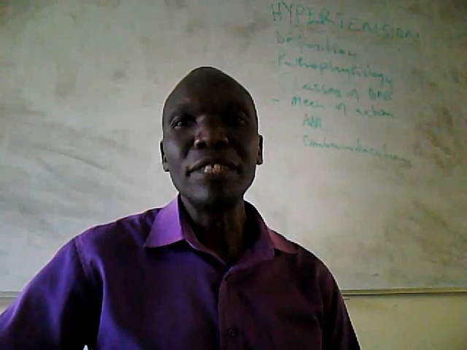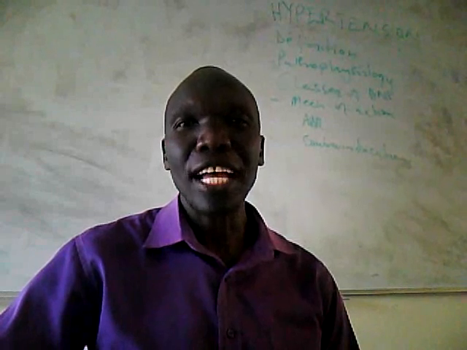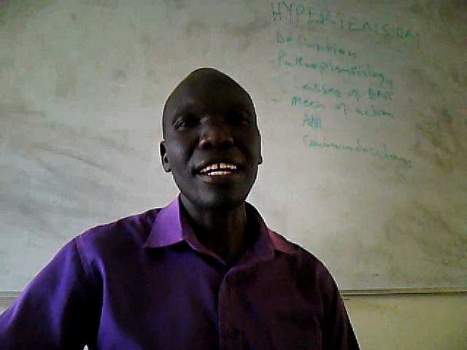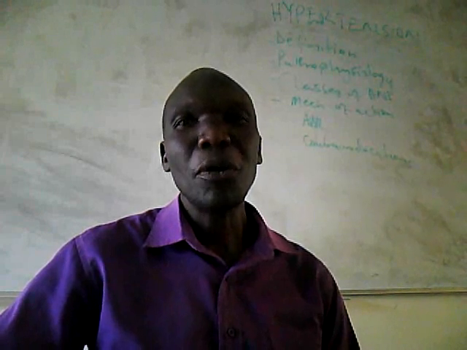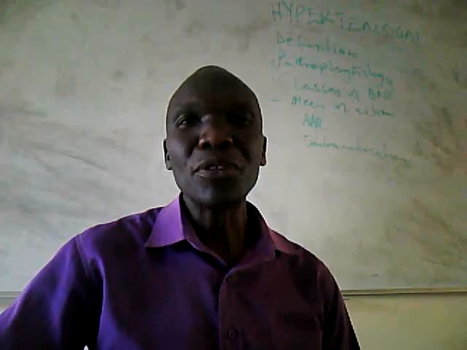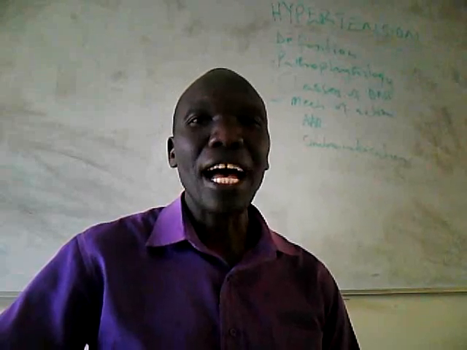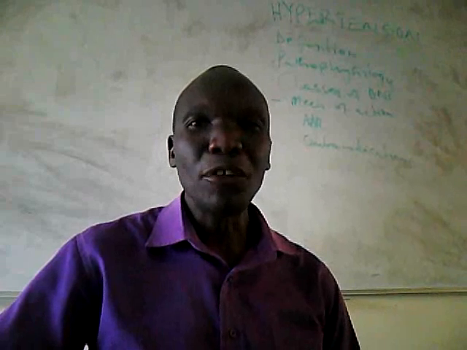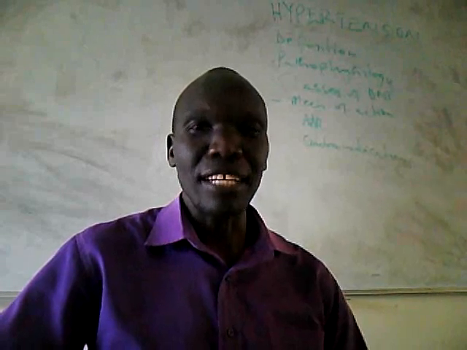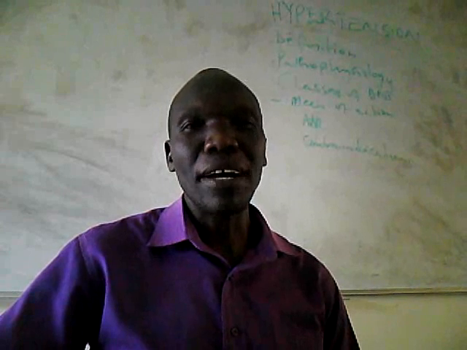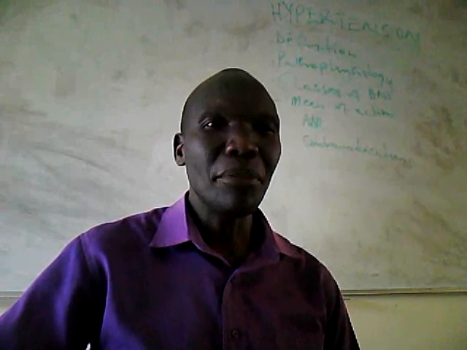If we want to define blood pressure, we usually take it after assessing the patient. So precisely we say hypertension is a persistently elevated arterial blood pressure above 140/90 millimeters. We have given that because of variation in body weight,